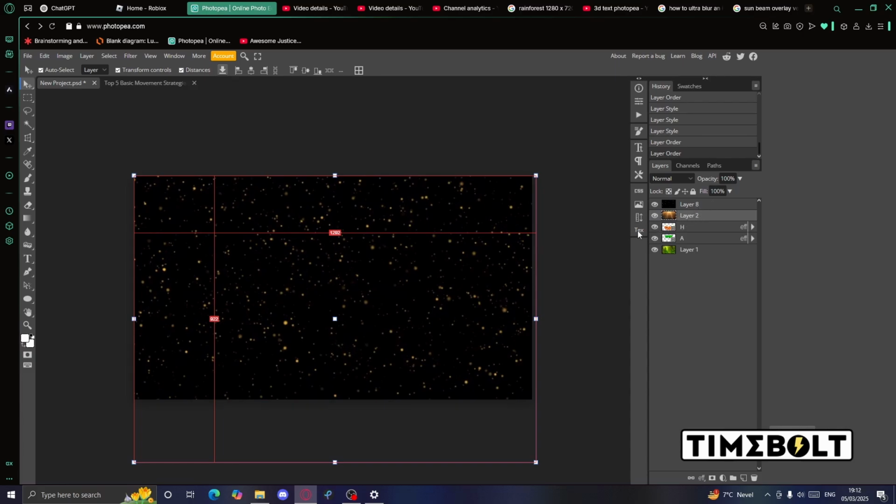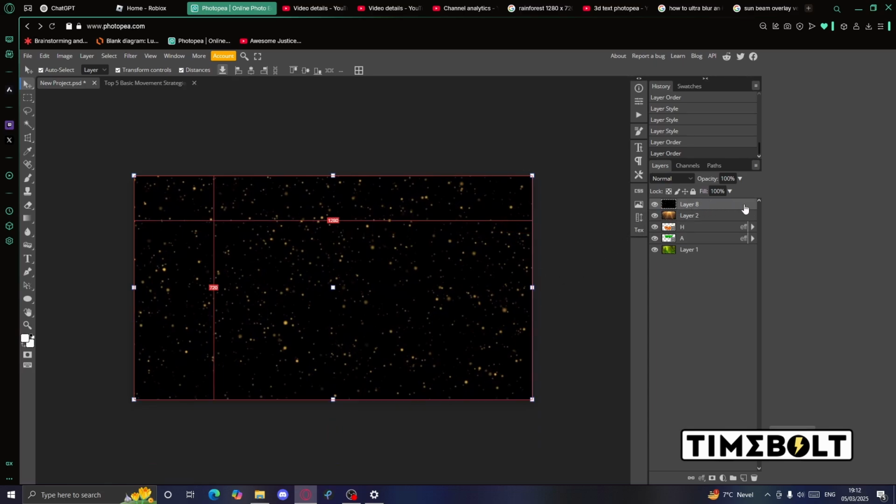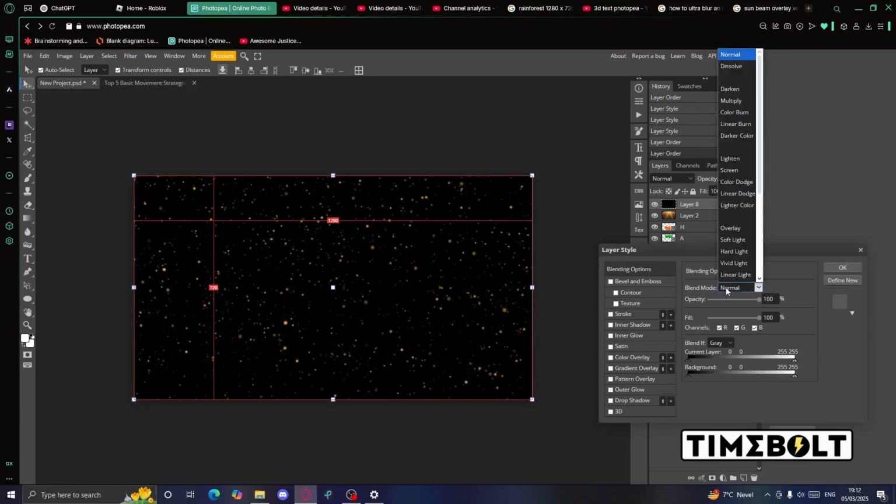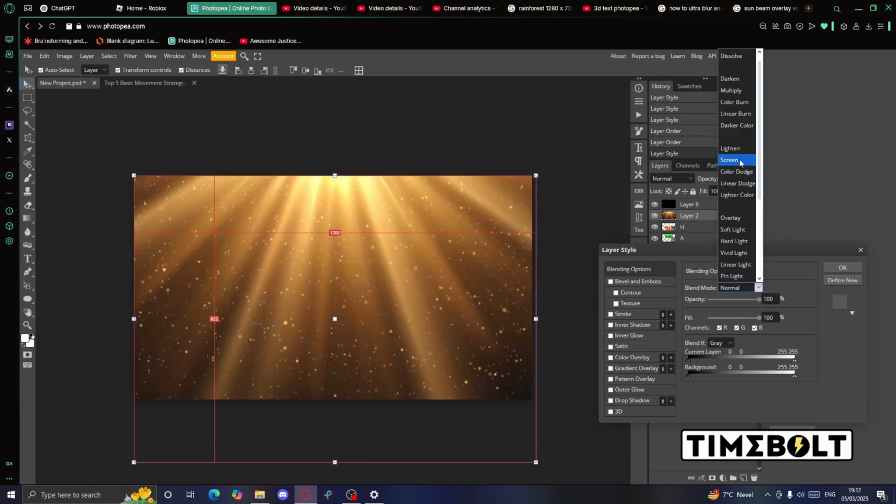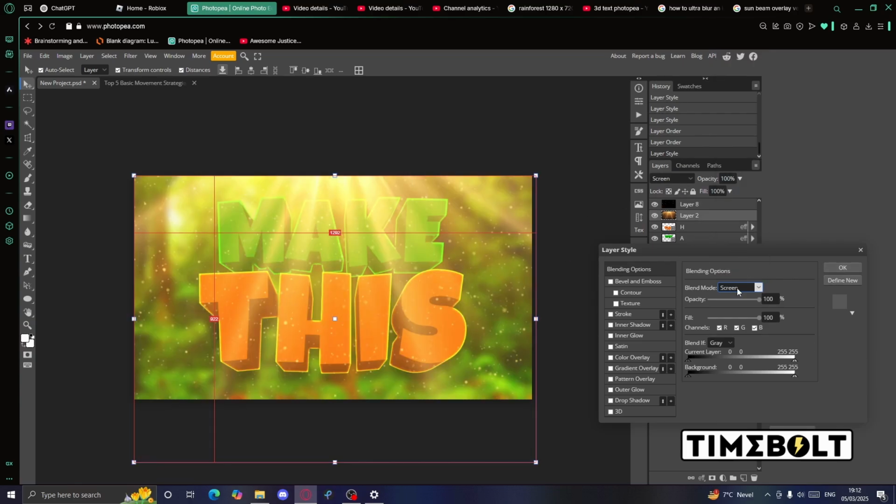Once you have both overlays and you load them into Photopea, they might look something like this. But in order to make them actually transparent, just double click them, go to blend mode, which should be normal, just default. Assuming it has a black background, just change it to screen, and then it'll magically become transparent. I'm assuming that when you change the blend mode to screen, it literally just erases all black, and it becomes fully transparent as a vector.